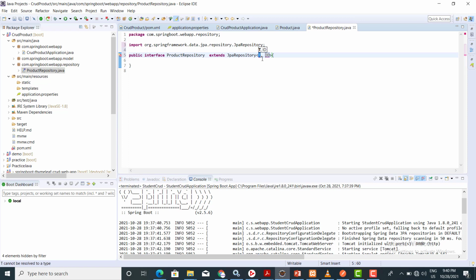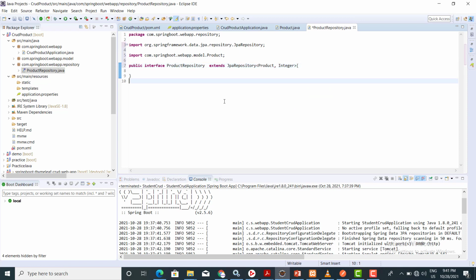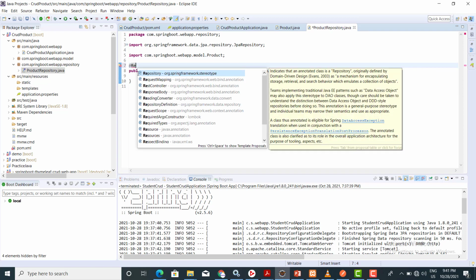The first value we want to specify is the table name, so it is Product, and the ID is nothing but the data type of the primary key, so it is Integer. So click on it and select the import. So I created a repository. As it is a repository, now add the annotation Repository.